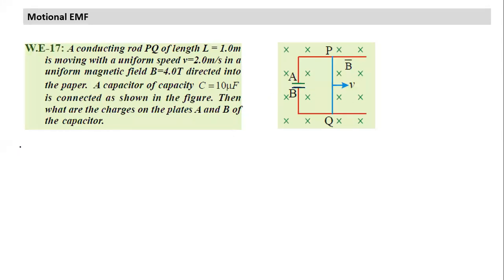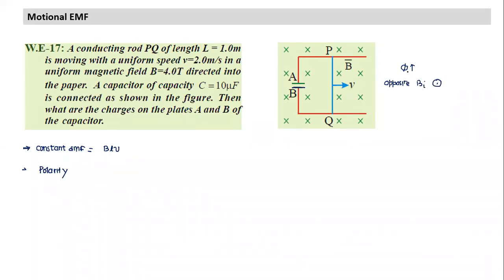The first thing we notice, the moment we see a rod moving with a constant velocity, is that there will be a constant EMF developed in the rod. What is the constant EMF which will develop? Equal to BLV. That's the EMF which will develop. And let's find the polarity. This rod will be equivalent to a battery. How do we find the polarity? Since there's a loop, I can find the polarity of the battery quite easily. If this rod is moving, the flux is increasing. It will oppose the increase by creating a field in the opposite direction. Hence, the induced field will be dot. Are you clear?